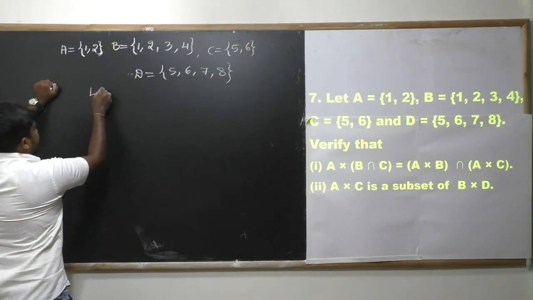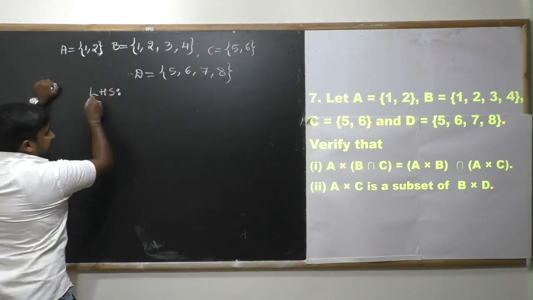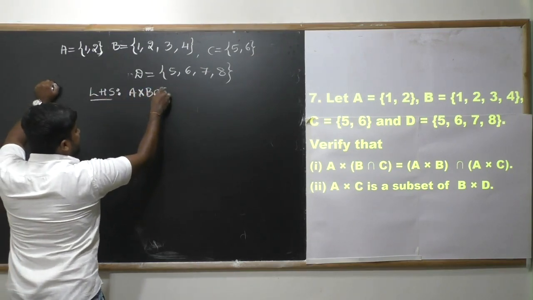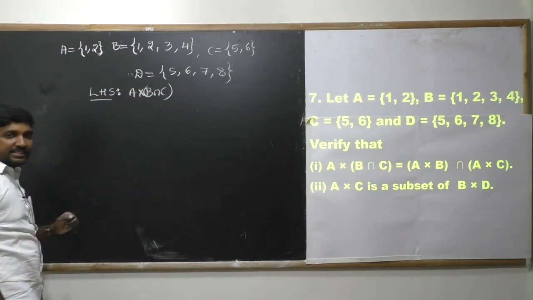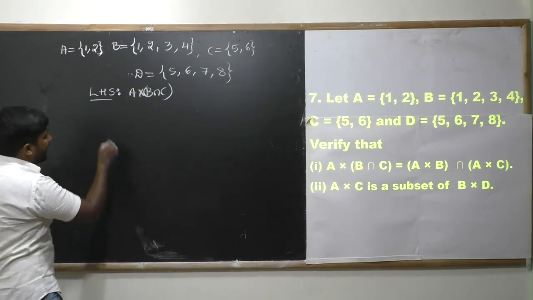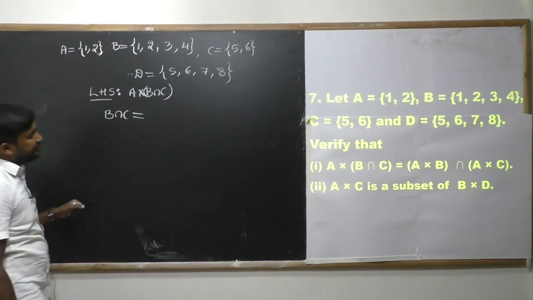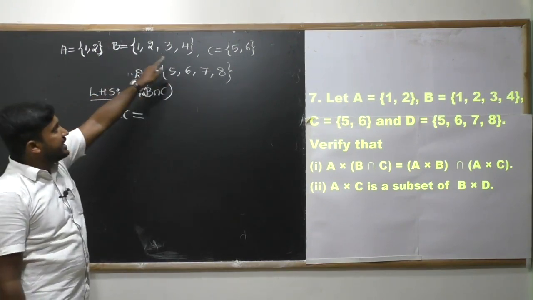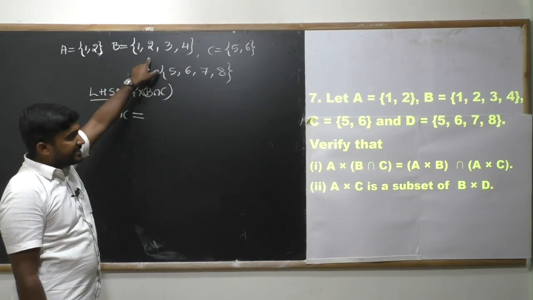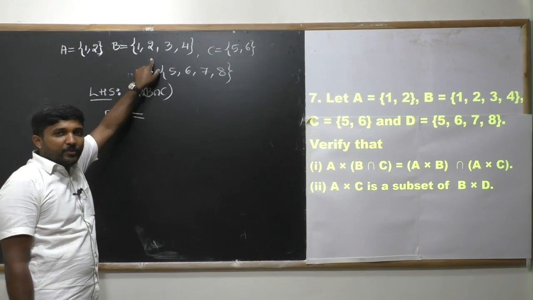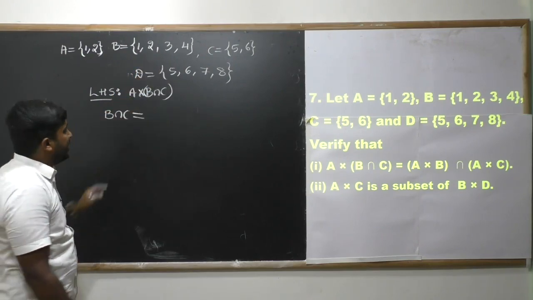What is the LHS of the first result? A cross of B intersection C. This is the LHS. Dear students, I write B intersection C. Okay, what is B intersection C? Common elements between set B and C. Is there any common element between B and C? No, right? So